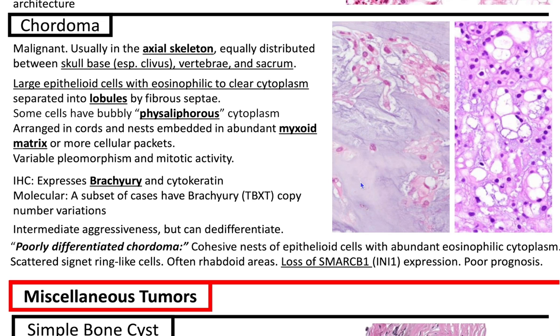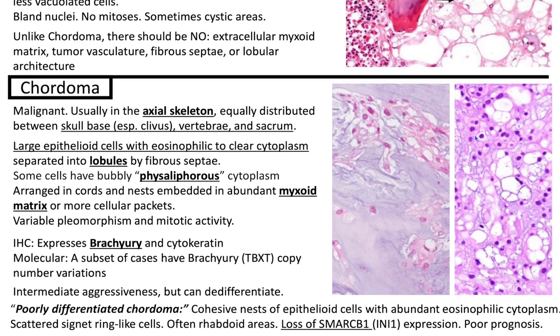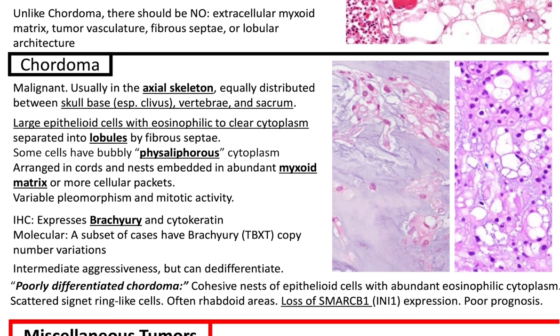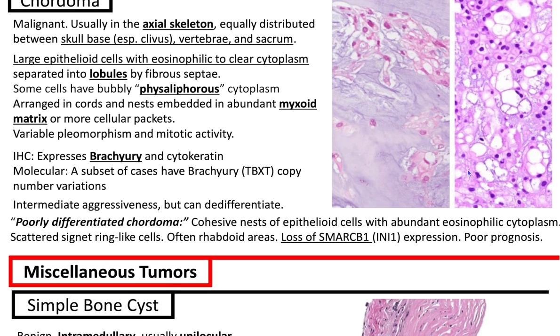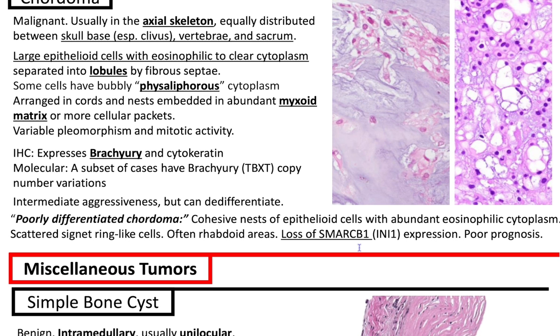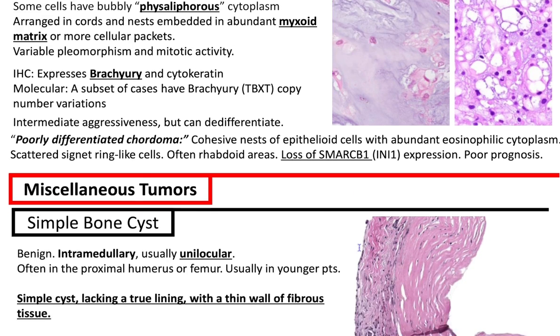It can have variable pleomorphism and mitotic activity. It expresses brachyury and cytokeratin. It has intermediate aggressiveness but can de-differentiate. In poorly differentiated chordoma, you'll have these cohesive nests of epithelioid cells with abundant eosinophilic cytoplasm, scattered signet ring-like cells, often rhabdoid areas. You'll have loss of SMARCB1, also known as INI1, expression. Okay,